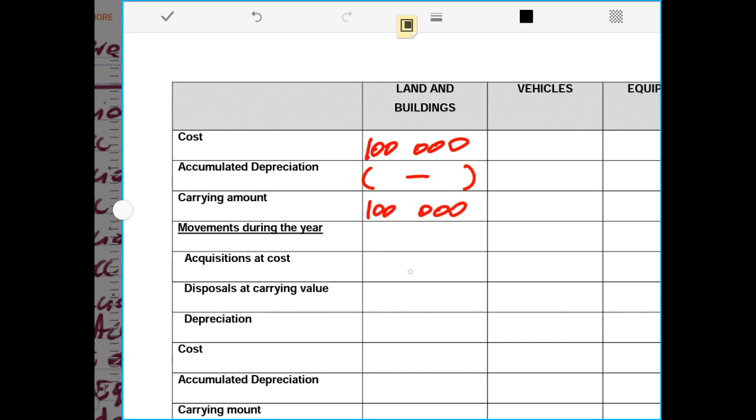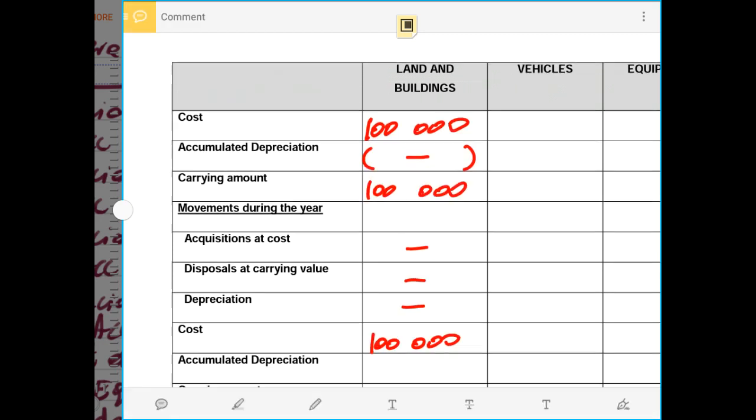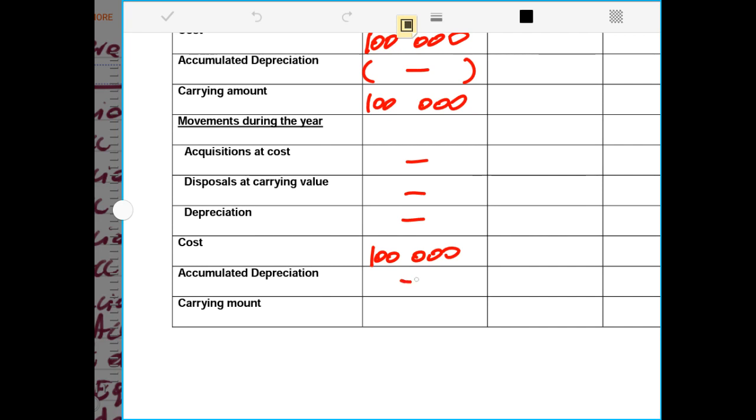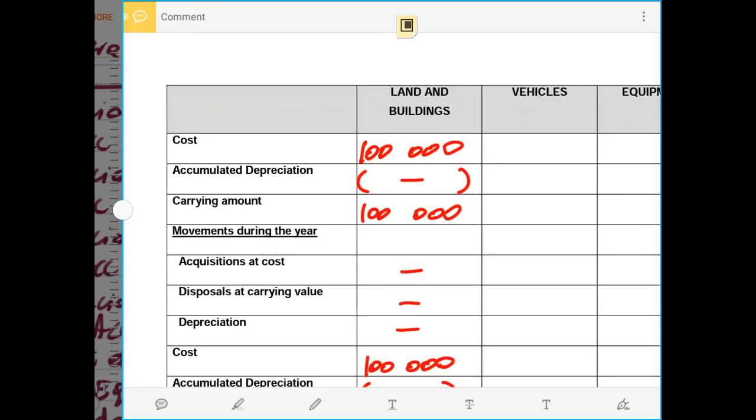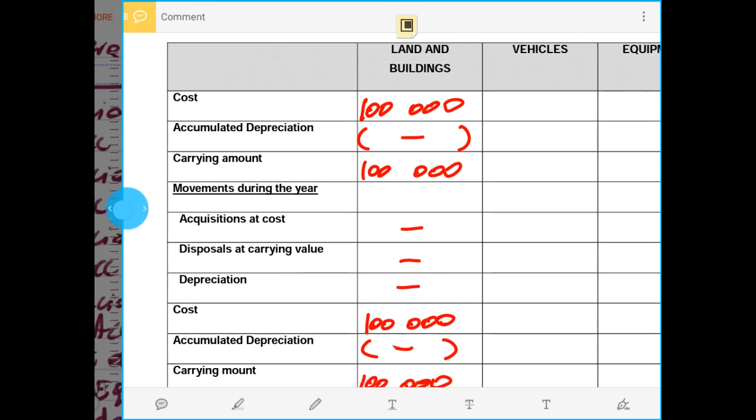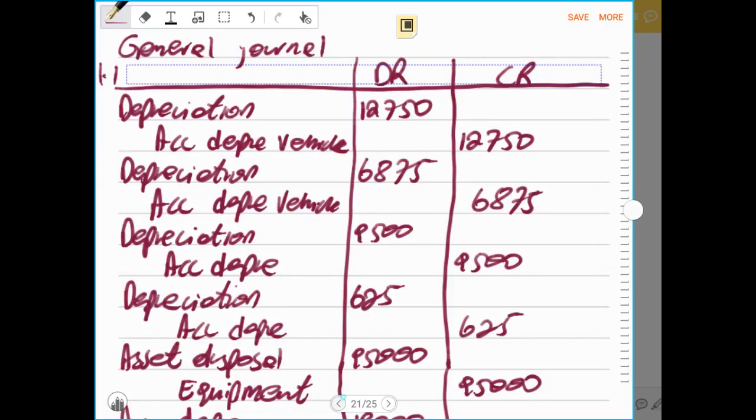There was no purchase of land during the year, there was no disposal, there was no depreciation. Therefore, the cost at the end of the year will remain 100,000 rands. Remember, land and building in this exercise is regarded as if it does not depreciate. Then at the end of the year, we'll have the carrying amount as the same 100,000 rands. When it comes to land and building, it is just always a giveaway marks. If you remember, once again, in the asset ledger account for vehicles,